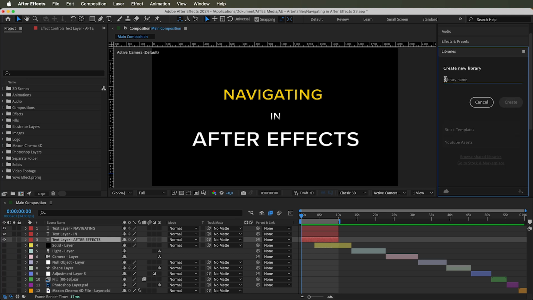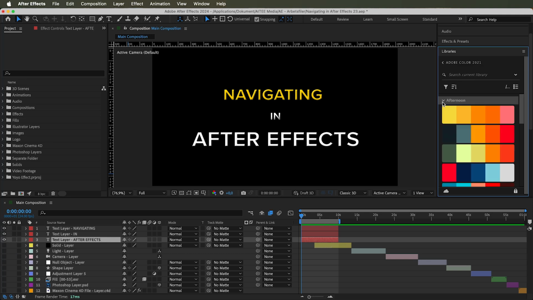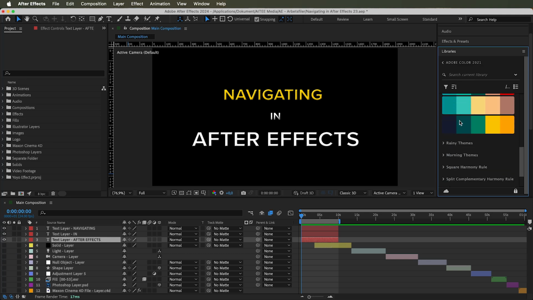You can create a new library, name it, and insert any type of assets you might need. And it's also really good for perhaps working in teams or on different projects with other people. For example, I have the Adobe Color 2021 here, just to see a bunch of different color themes or color